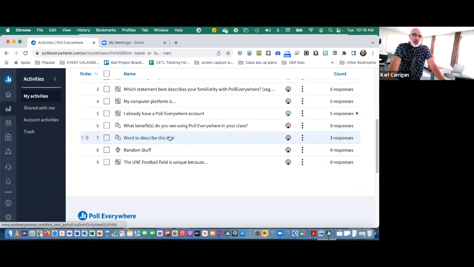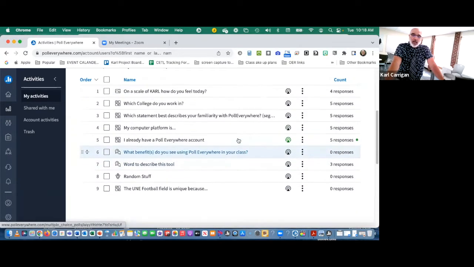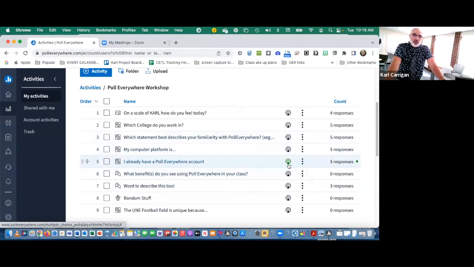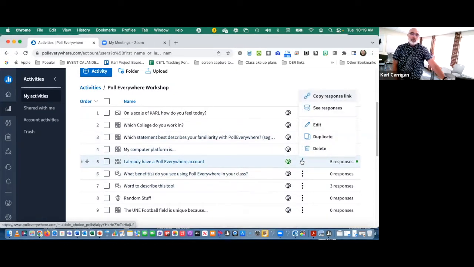And if I go into my workshop here where I'm at today, you can see, as I'd mentioned, how that one poll there is active. And then I have a few more options here to see how this poll is doing. Now, you can present from Poll Everywhere from the web page here, which we'll go over in a second. We'll do some things there, or in the PowerPoint or Google Slides and